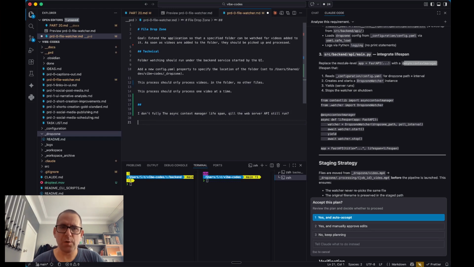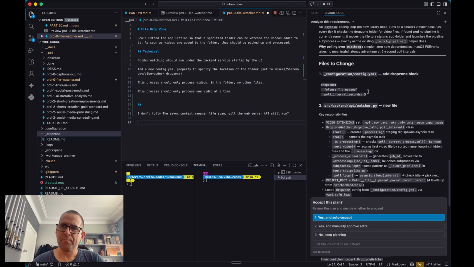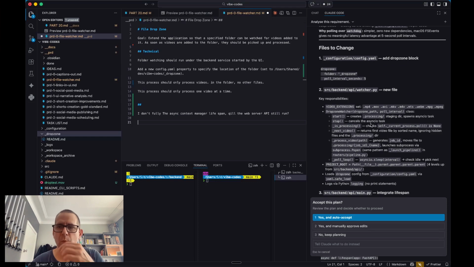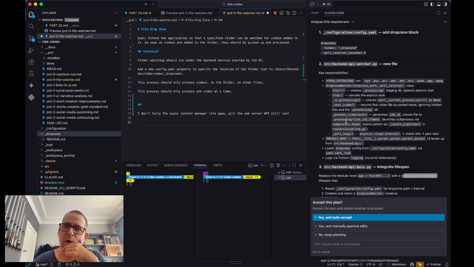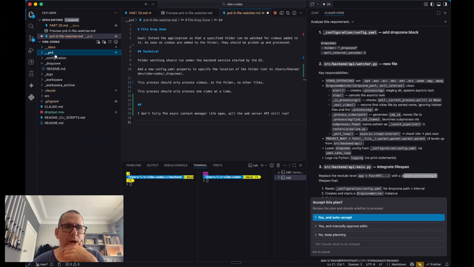That's question one. Question two. Yeah, so this bit where it's saying move to file, so that I understand why it needs to do that. What we'll get it to do